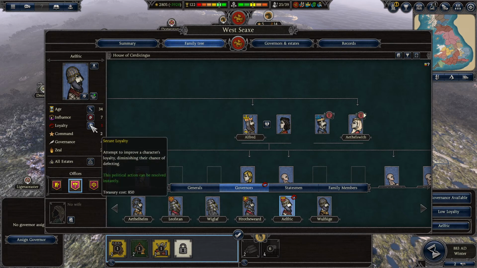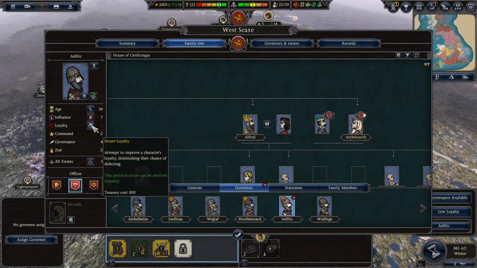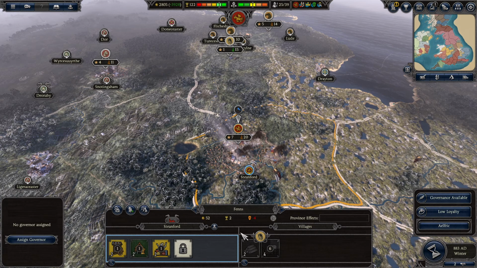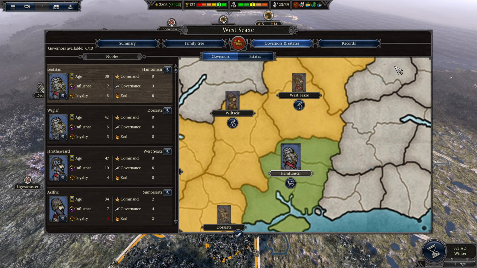Alfred, perhaps we should do the same for you. Is it also 650? No, it's 850 now. Then I'm going to wait for one more turn. Perhaps next turn it resets and will be a bit cheaper once again. We have one more governance available here in Fens. Just going to look